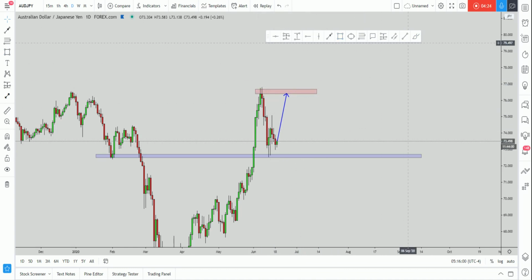and creating a W formation and also the daily high that we have here, which was the monthly resistance, so the monthly high. So a monthly high getting rejected with the previous daily high, the creation of the W formation with a strong JPY and weak AUD creates a very, very good trading opportunity, possible zone for a trading opportunity to the downside. So if the market will actually manage to make this move to the upside,